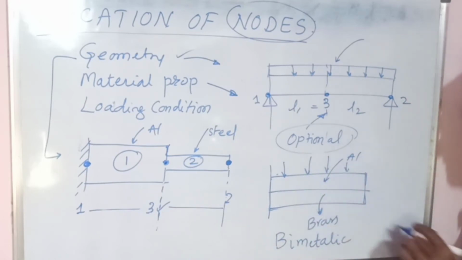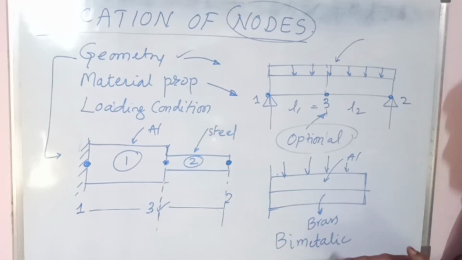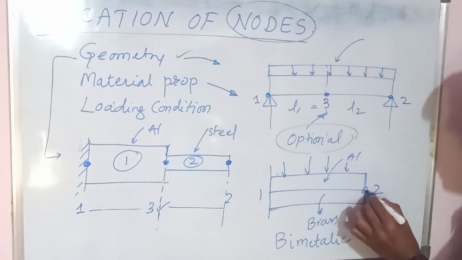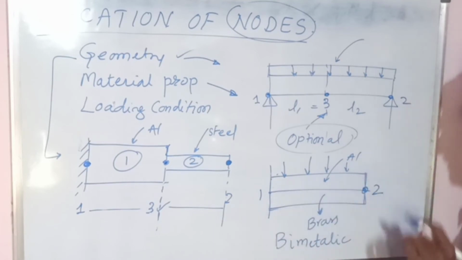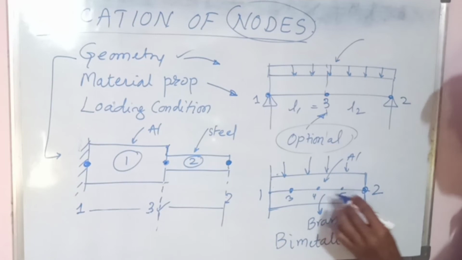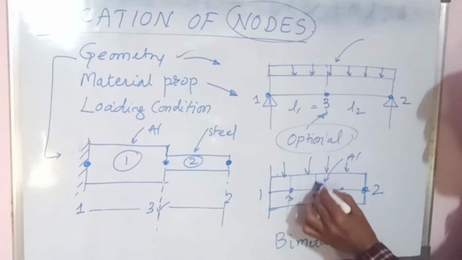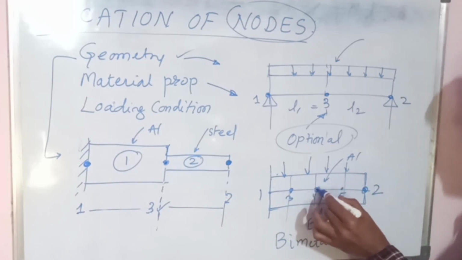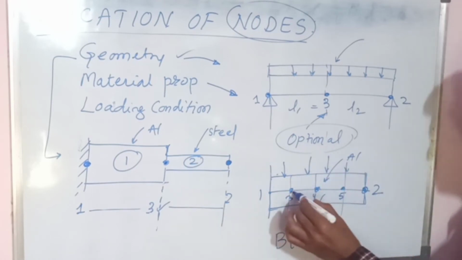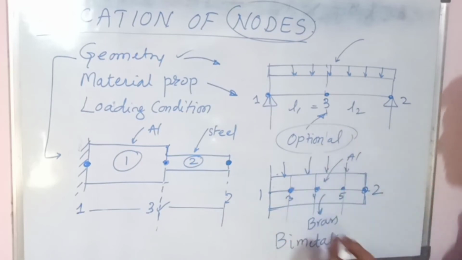Now how can you represent it when the two metals are joined together? It is like a butt joint. So 1 and 2 are the elements. Here 3, 4 and 5 you can represent as optional, with uniform, equal division. 3, 4, 5 are optional, you can divide. If you want to increase the number of elements, the result will be more accurate here.